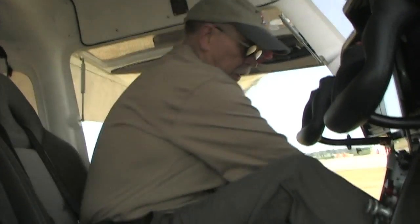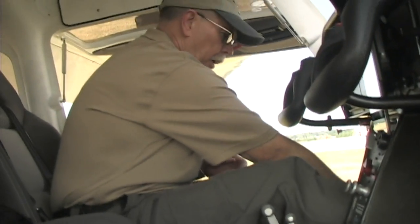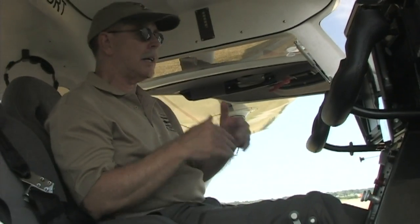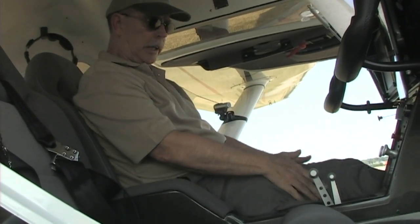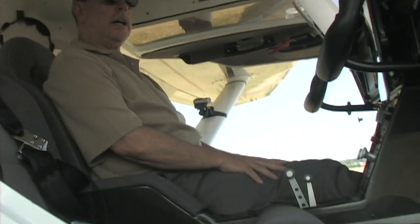So for a long flight, what you do is you pull that handle, get the click, and then just push the rudder pedals all the way back in. Well, you don't need the rudder pedals the same way in cruise as you do when you're landing. So now I've got my legs fully extended. My legs are down on the seat cushion now, which has this bolster here, and that's a lot more comfortable,